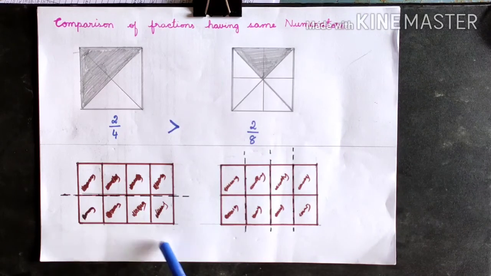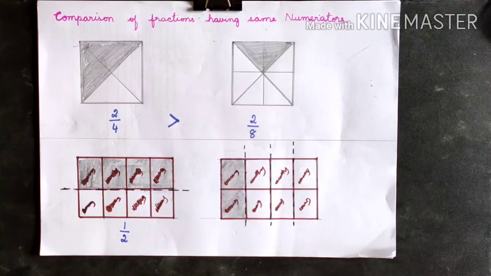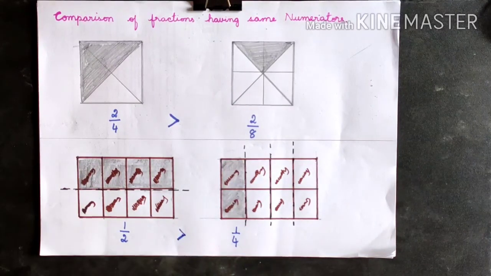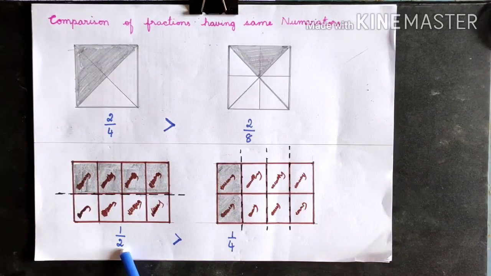Writing the fraction of this chocolate gives you 1/2 or half, and writing the fraction of the other chocolate gives you 1/4 or quarter. So we all know that half is greater than quarter. So we have already learned from the first example, when the numerators are same, we have to see the denominators. Smaller the denominator, greater the value of the fractional number, and greater the denominator, lesser the value of the fractional number.